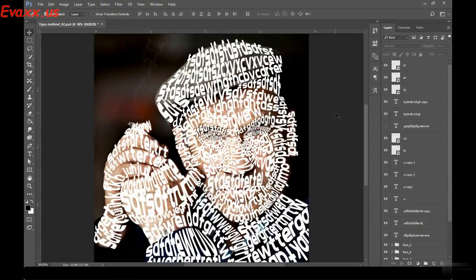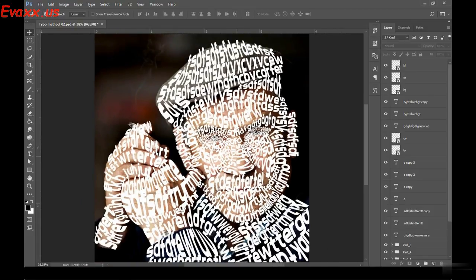Now, as I promised earlier, we're going to cover something new called puppet warp. So what is this puppet warp? Puppet warp is very similar to the warp technique, but it's quite useful when it comes to animation. Right now we're not going to cover animation, that is something else. But we can use the puppet warp technique in our anime typography. So what does this do actually? It's very similar to warp, but the difference is when you select any particular layer,